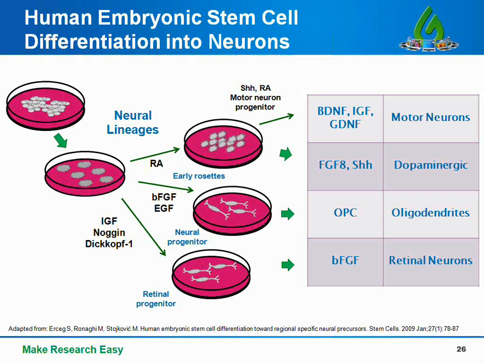Now, to differentiate the neural rosette cells into midbrain dopaminergic neurons, they should be cultured with the addition of basic fibroblast growth factor, then fibroblast growth factor 8 with sonic hedgehog. Now, the second method is to differentiate embryoid bodies into oligodendrocytes, which are non-neural cells of white matter that support the central nervous system. Now, one method that scientists have shown to be effective is treating embryoid bodies in the